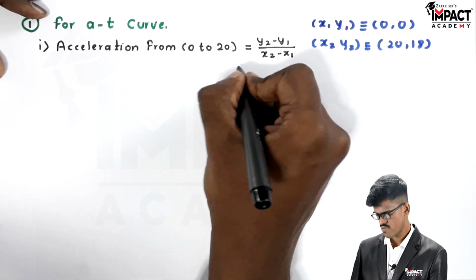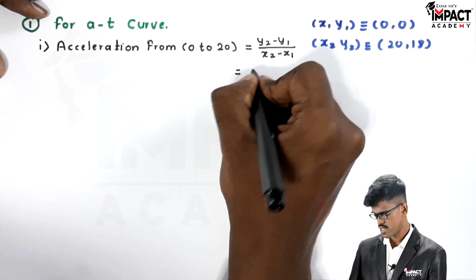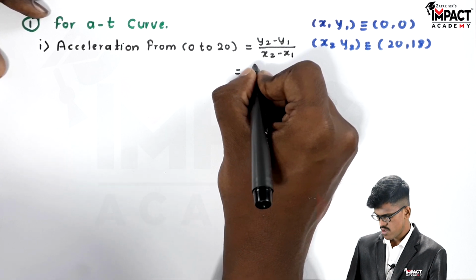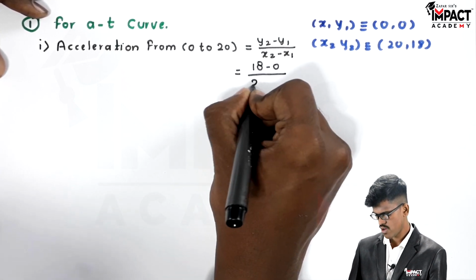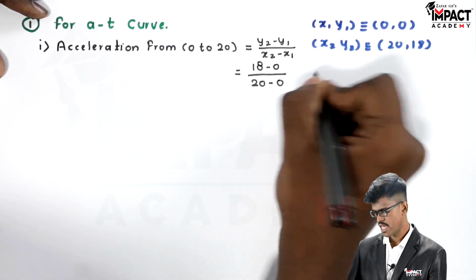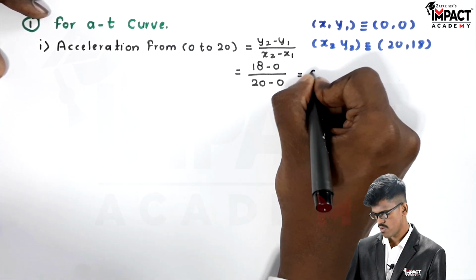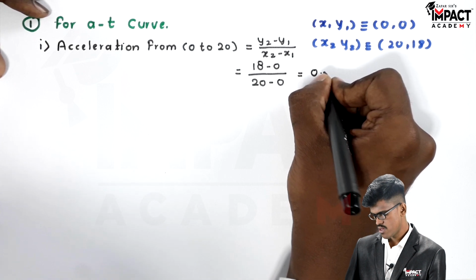If we substitute these values, we get 18 minus 0 divided by 20 minus 0, and the answer is 0.9